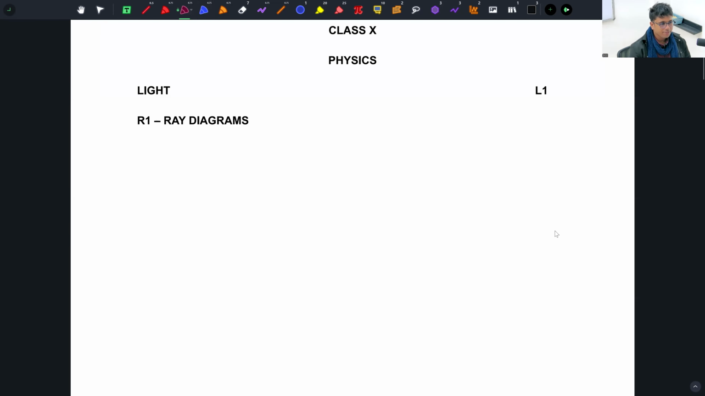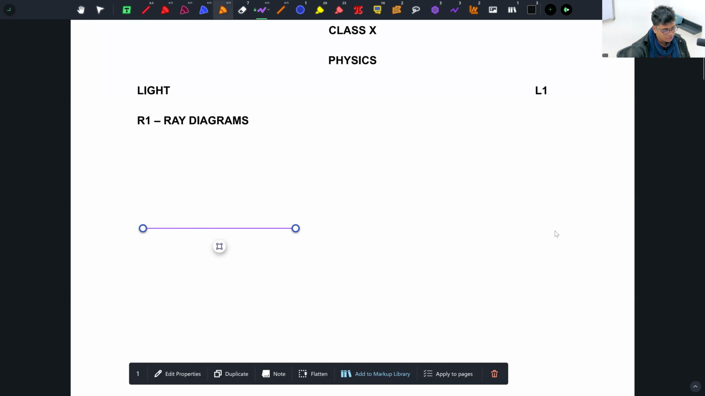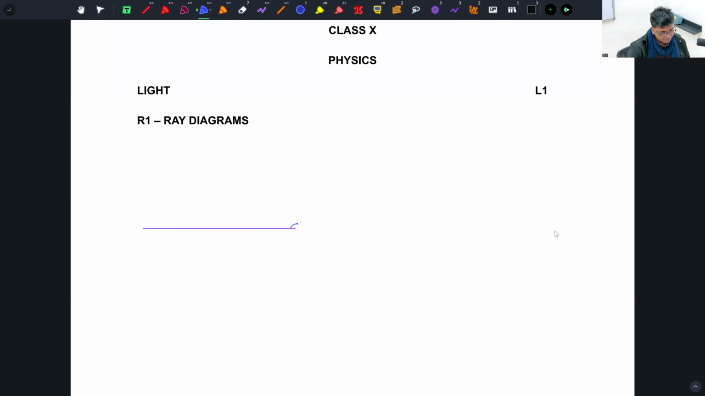Okay, so we will be discussing purely ray diagrams today. And for that, we have to understand how different surfaces reflect light. Now, there's one and only one fundamental principle for reflection of light, and that is your angle of incidence is, so the law of reflection that you have studied, which is your angle of incidence, this is the surface,